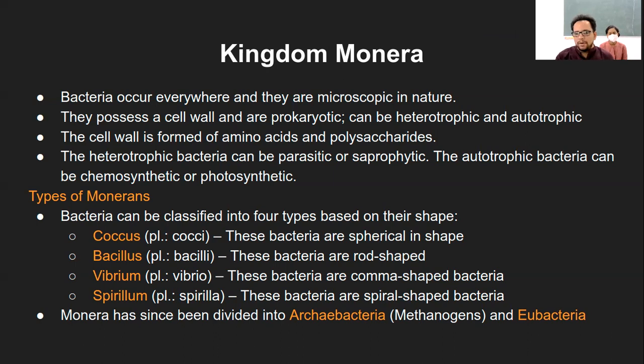I hope everyone understood the saprophytic part. Right? So they are able to survive on the dead or decaying. Decaying means as if something has been dead and then it degrades over time. That is what we call a decaying organism. And again, heterotrophic can be parasitic or saprophytic, and autotrophic can be chemosynthetic or